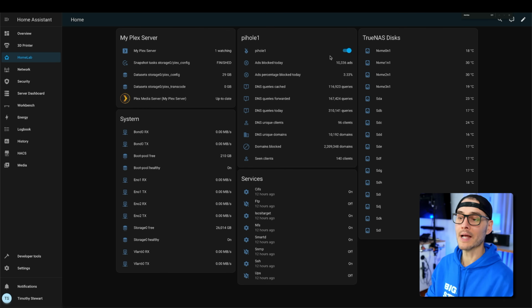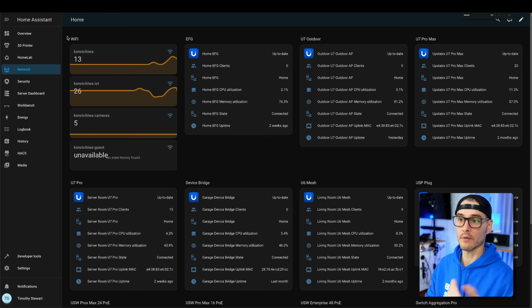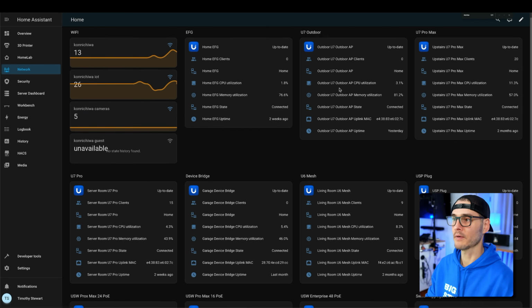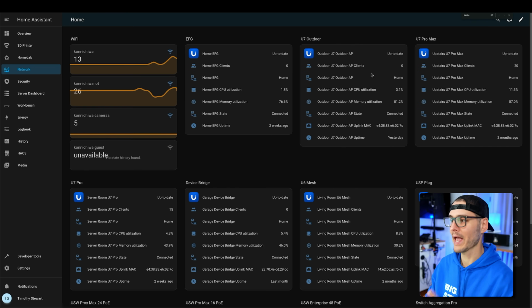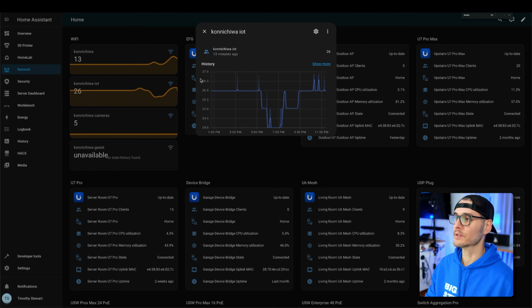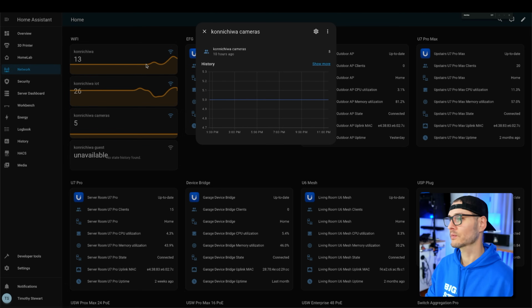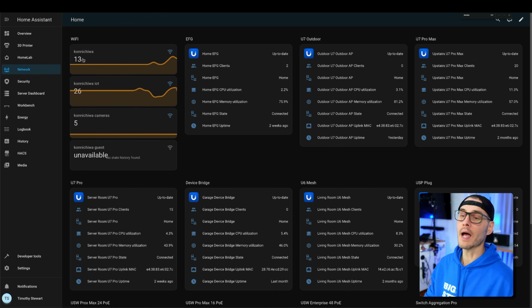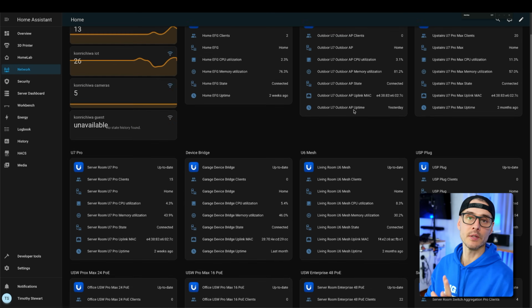So there are lots of services that are already compatible with Home Assistant, and a lot of these do charting too. For instance, I created a network dashboard, and these are all of my network devices. So my EFG, my access points, my switches, and you can see right here, I created this little chart to see how many clients are connected to each one of these wireless devices. So on this one, there's 13, on this one, there's 26, and on this one, there's 5. And there's a lot you can do. This is only kind of scratching the surface.